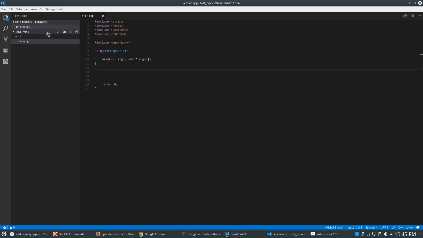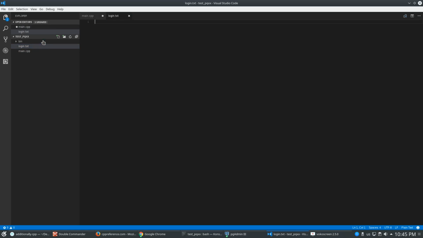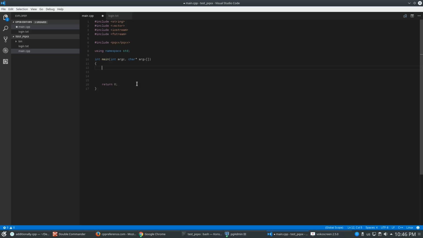Oops, yeah, here. New file, and I will call it login.txt. This file should contain the credentials, and while I shouldn't be doing this, I will show you how the credentials are placed. For example, I have the user, which is called Bugs Bunny, and on the second line the password will be magic carrot. Okay, I will save this file. So after saving this file, I can now continue